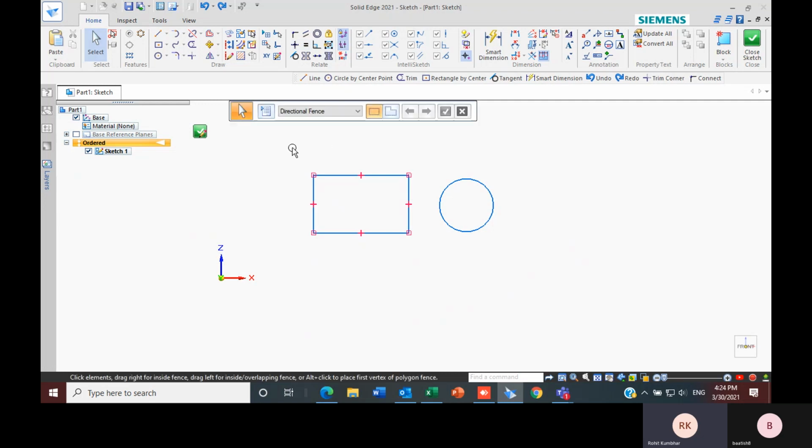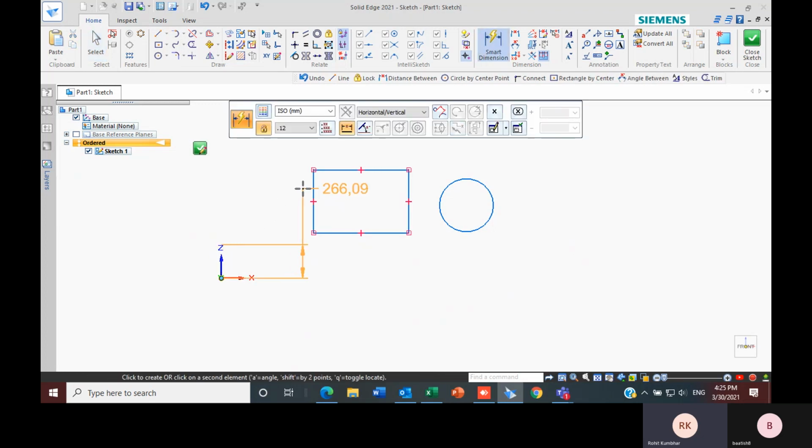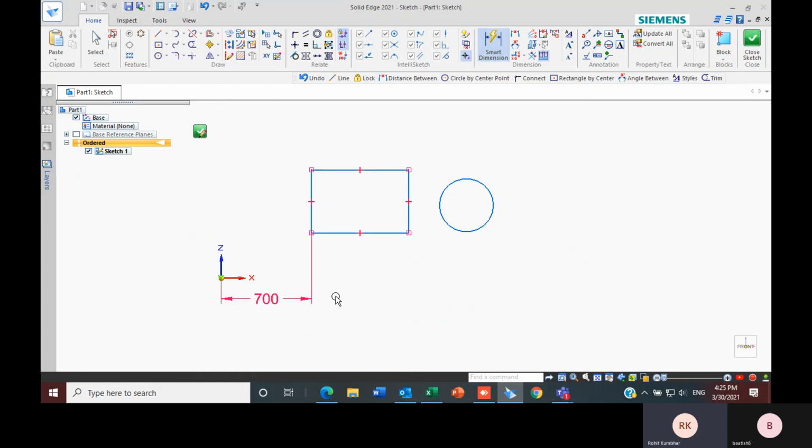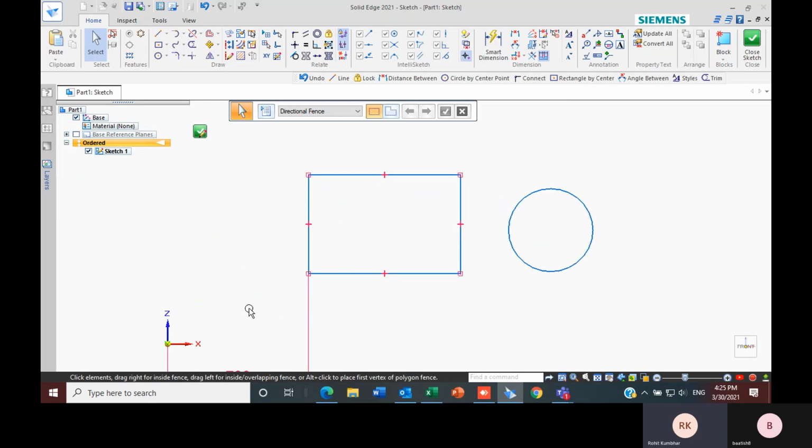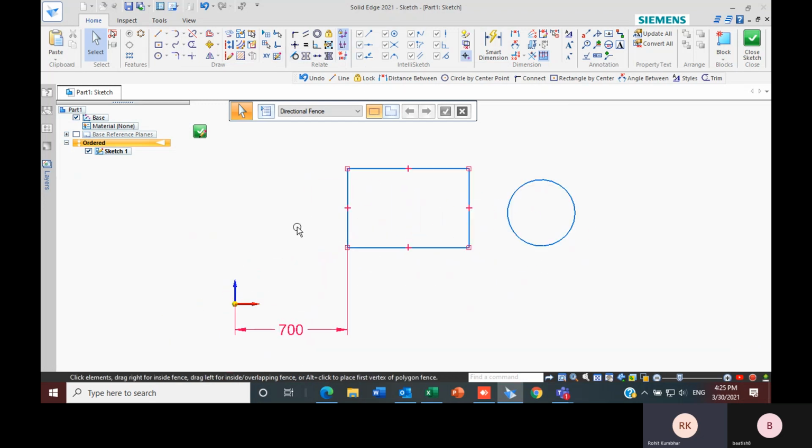Our next option in relationship is lock. Suppose let's say this is my line of length. I'll make it 500, and let's say I will put a distance for this line, that is 715. I want it 700. I want to lock this line or lock this sketch up until this distance.